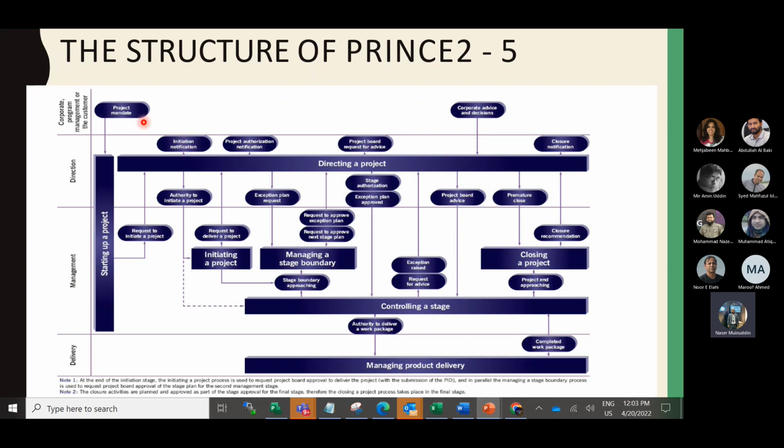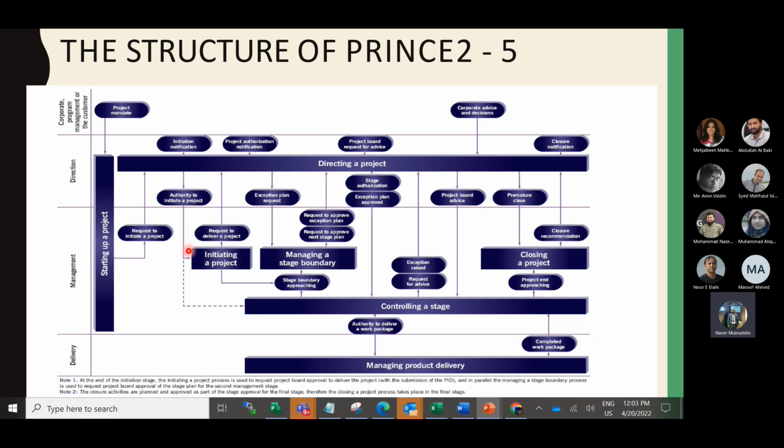So the project mandate, earlier called initiate the project, and then starting a project is going, then the request to initiate a project, initiating a project, and then initiation notification, then authority to initiate a project.